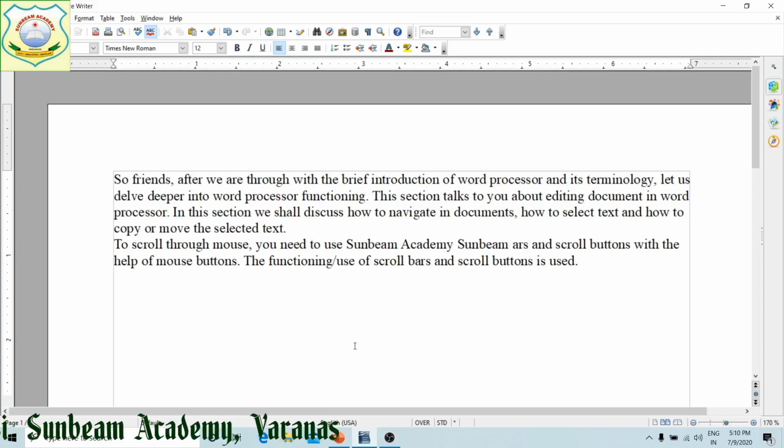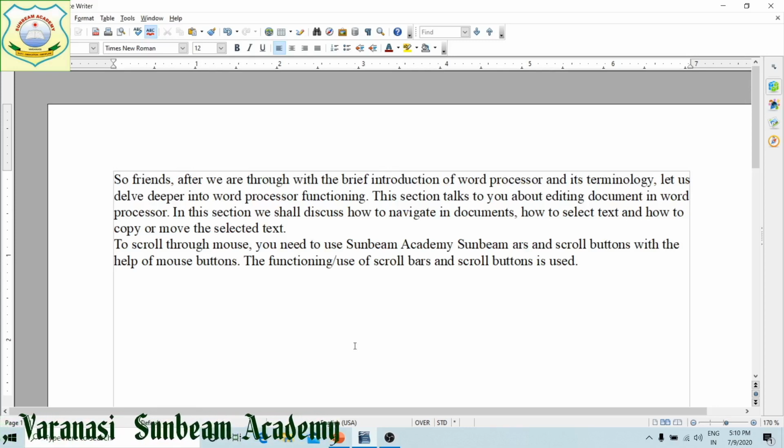You can see the next character is erased, or the next character which I am typing is taking the space or place of that text. Means this is overwriting mode. In the case of overwriting mode, the old text will be deleted.